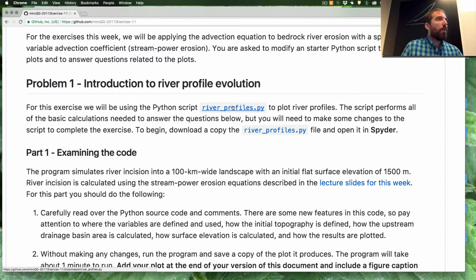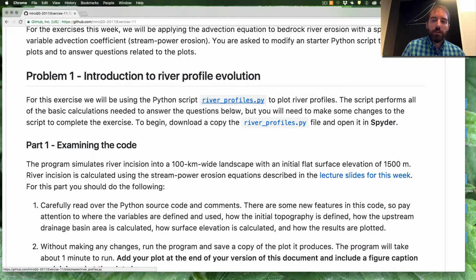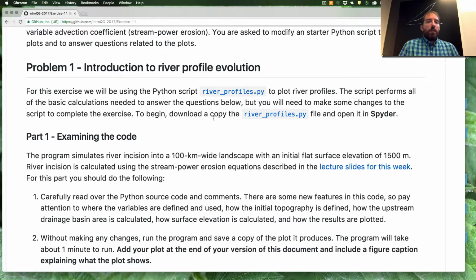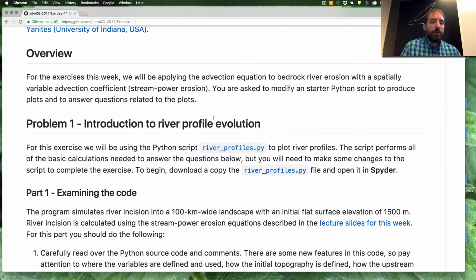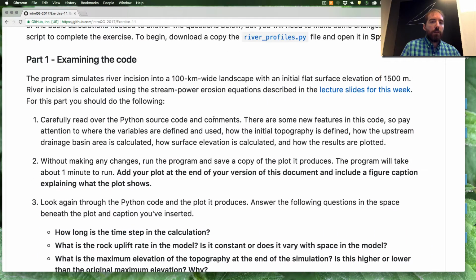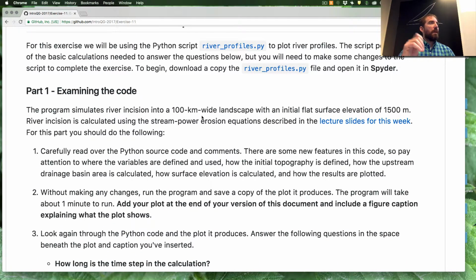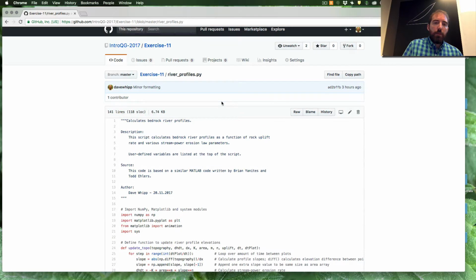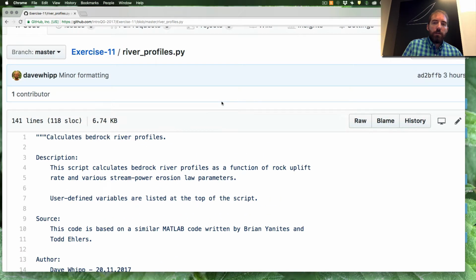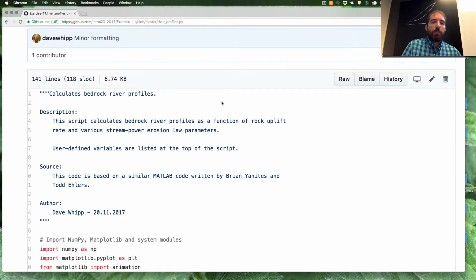But I'm going to walk through a little bit of how this starter code is set up, because it is a little bit more complicated than the past weeks, and I'll show you why in just a second. So you'll take that, and, well, everything that's done beyond this point is just basically changing some of the parameters in the code. So we'll take a look quickly at what's in this starter script and what it models. It is a model of this stream power erosion law